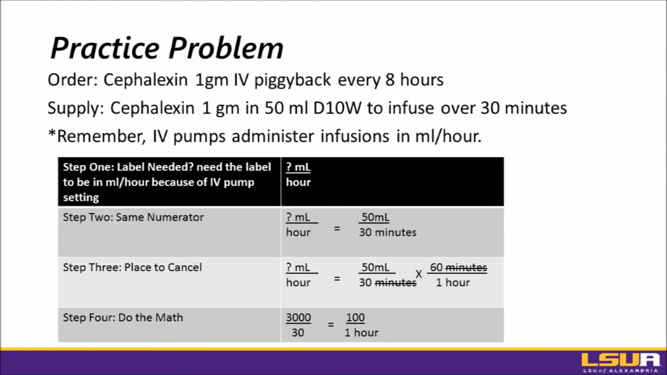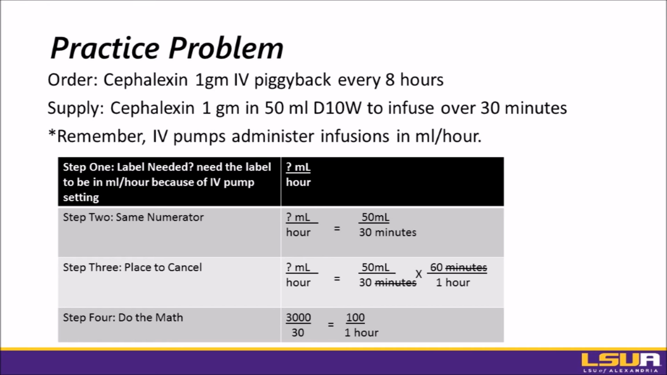Now let's go over our practice problem. The order is for cephalexin 1 gram IV piggyback every 8 hours. The supply is cephalexin 1 gram in 50 milliliters of D10W to infuse over 30 minutes. We must remember that IV pumps administer infusions in milliliters per hour, so this leads us to our first step